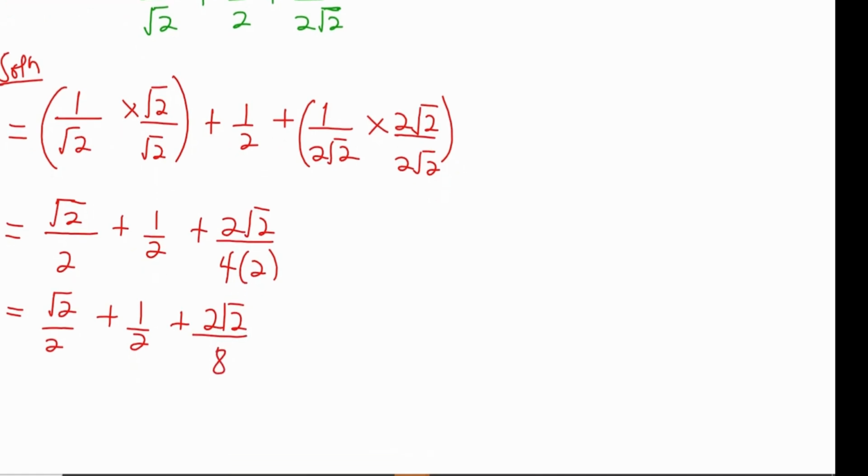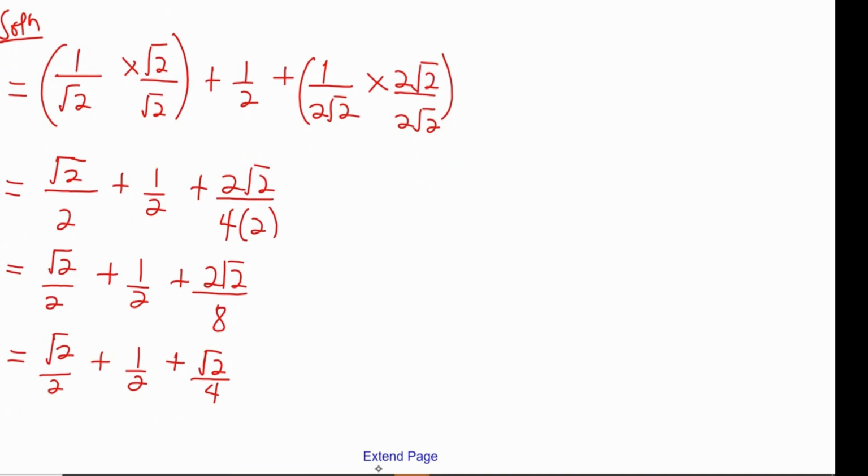Now we can see that at the denominator part, there is no surd here, and that is the main focus for rationalizing a surd. Now what we have to do here is to find LCM and also simplify this. Now before, we can see that 2 goes into itself 1 and goes into 8 4 times, so you can also break it down as such. Now we have square root of 2 out of 2 plus 1 out of 2, and then plus 1, that is square root of 2 on 4, and we can equally find